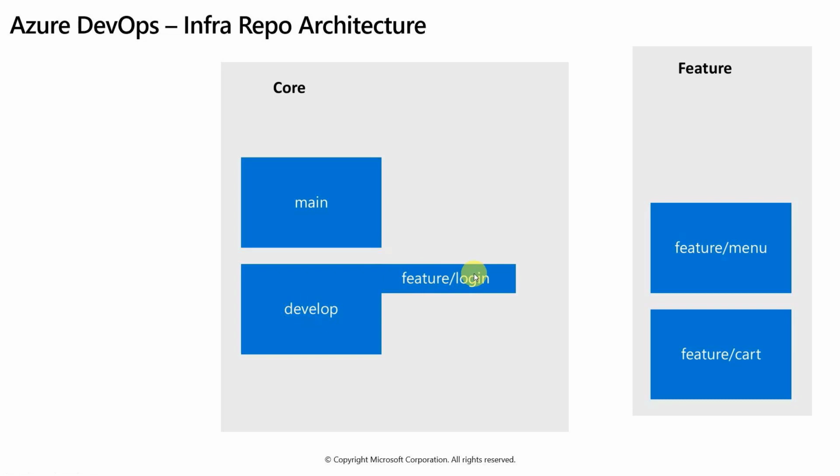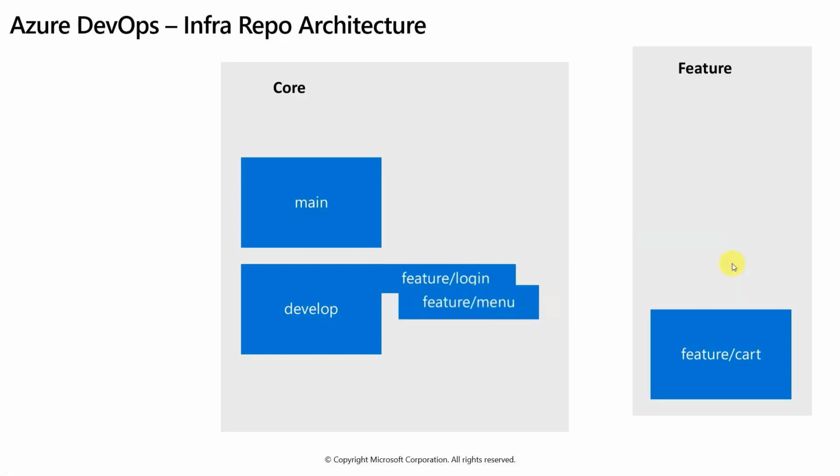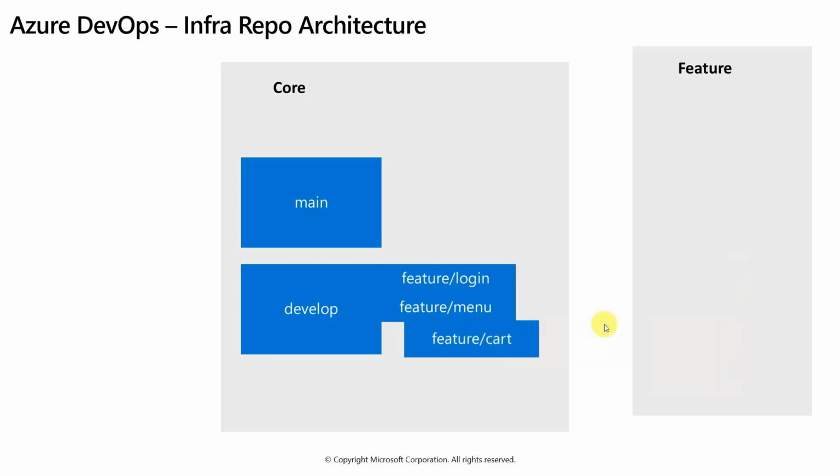Same thing developer 2 also does. Once his or her work is complete, that goes into develop. So this is the second commit, and similarly the third commit. So now what is a commit? Commit is a git command. Commit is nothing but a combination of multiple files, 1 or more files, along with a proper message. That's called a commit. So now all these 3 commits are promoted into the develop branch,